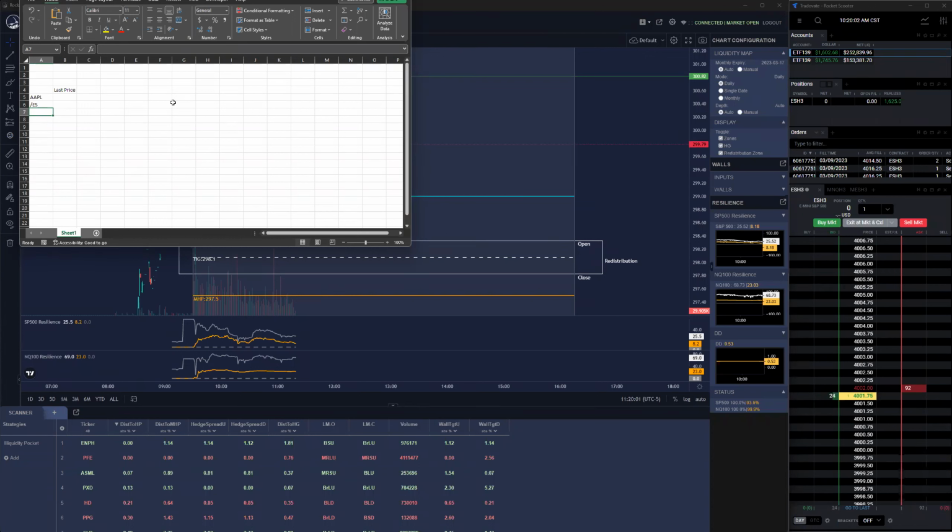So open up Excel and open up Thinkorswim. That's the only thing you need to do. It's automatic. If you go into the settings in Excel, when you do have Thinkorswim open, in the add-ins portion of Excel,